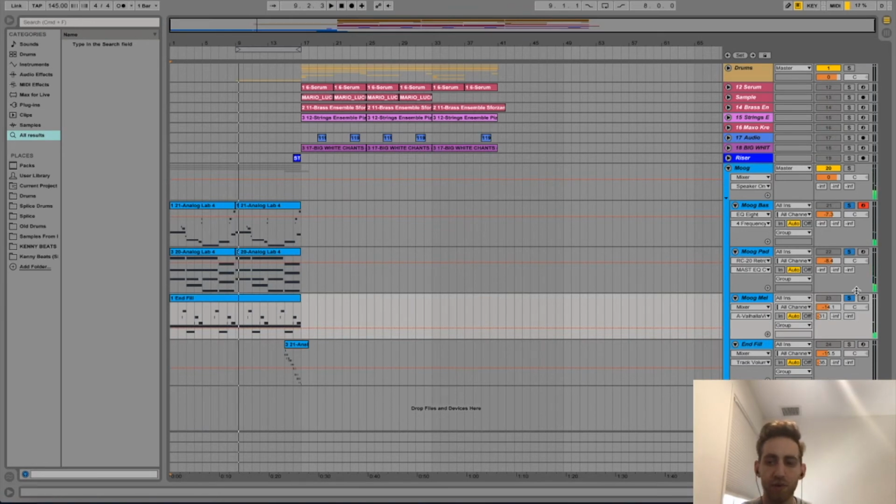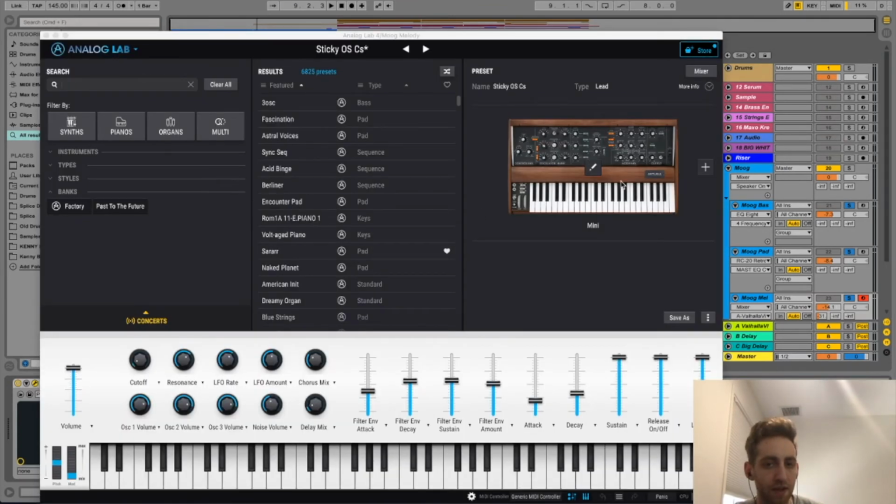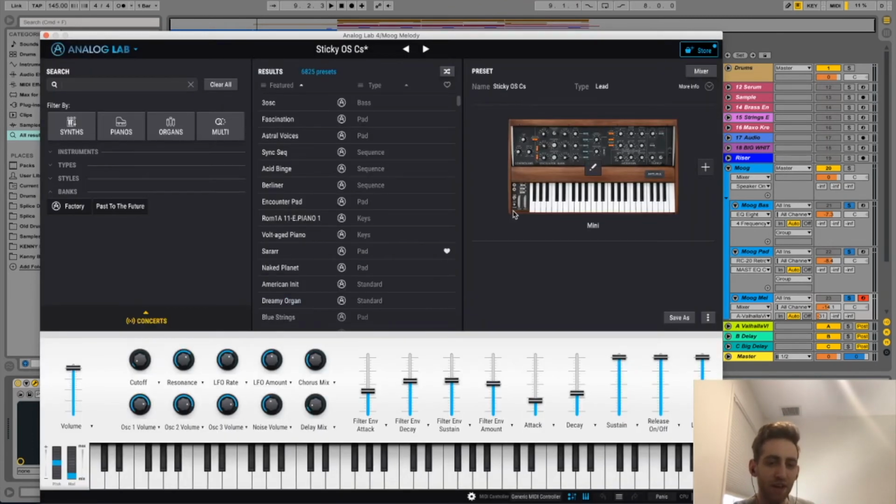And all those notes are pretty much just in B minor. And then as far as patches go, I'm just using presets in Analog Lab. And I don't have the full version, so I can't go in and change everything. But yeah, the only tip I have, I guess, for sound design